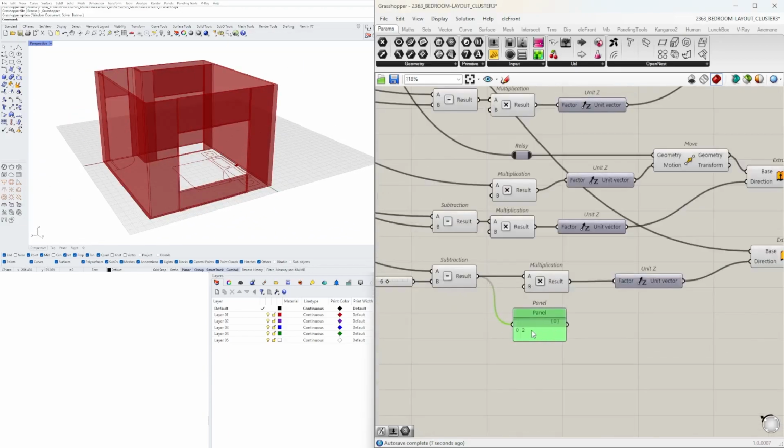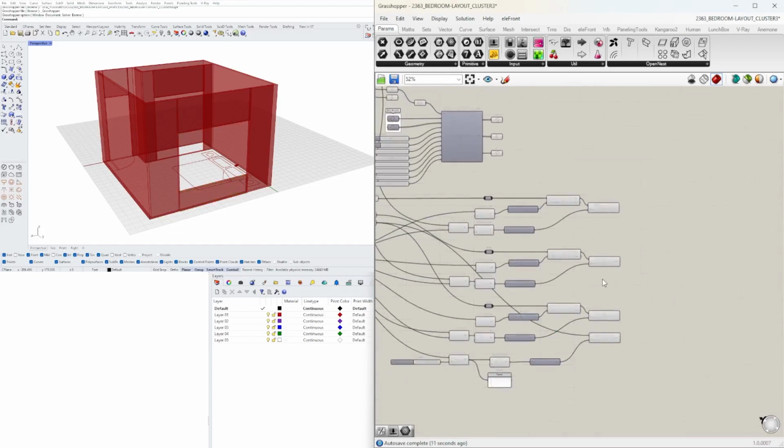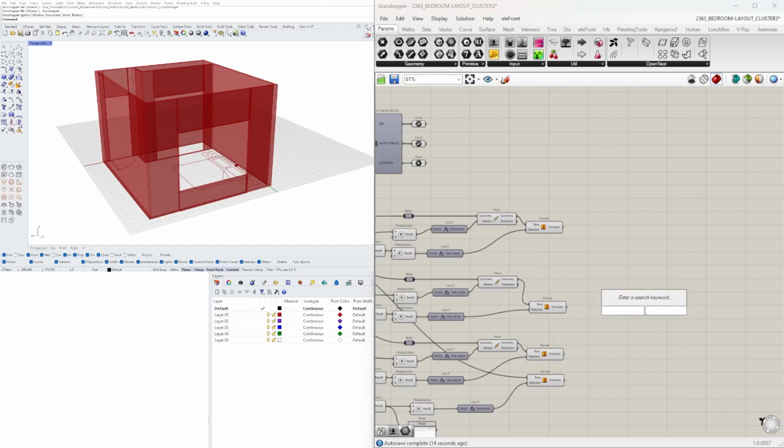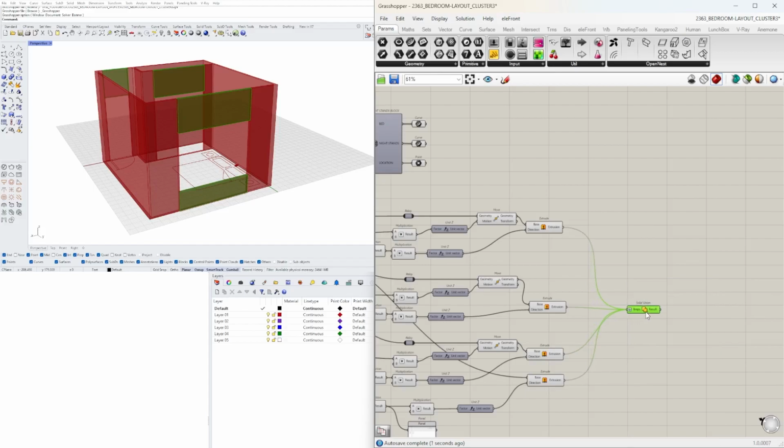Now we're going to take all of this and combine it into one. So let's go to a union or solid union. All of these are solid, so closed brep. And the same thing for all of these. So let's plug all of those into the brep input, holding down shift so you can add more than one input. And then when you hover over the output, it'll say 4 different breps in here. So we need to flatten the input. That ensures that,